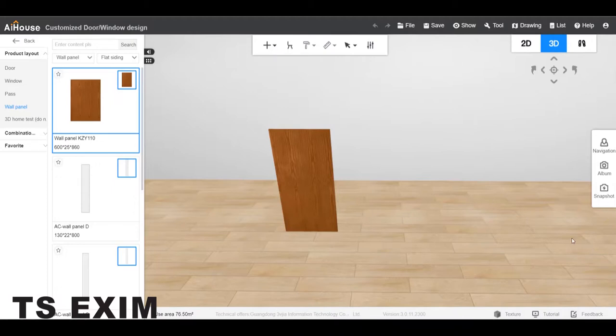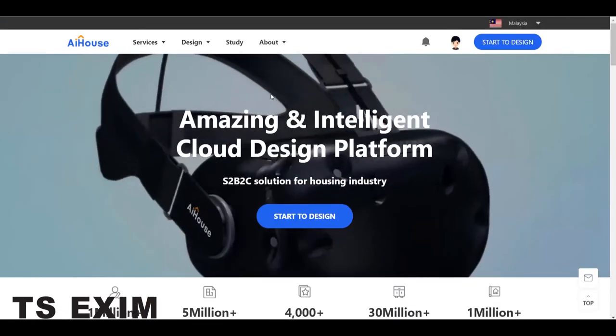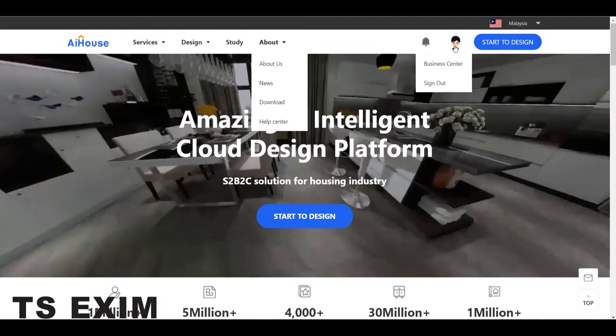Hi guys, today we're gonna talk about how to make this material into a mirror. Okay, so we have to upload the material. Just come to here, business center,